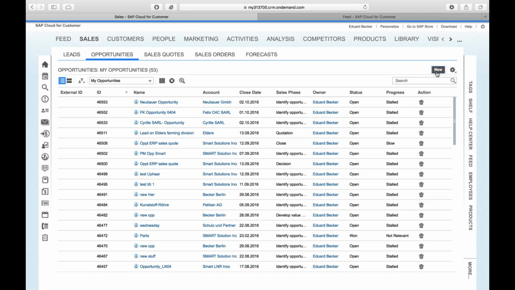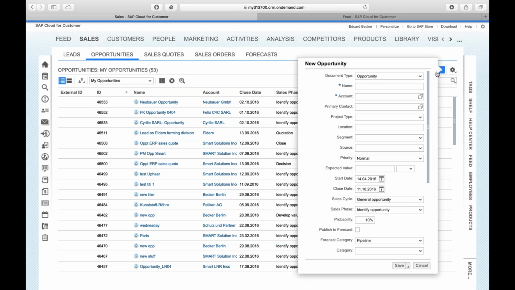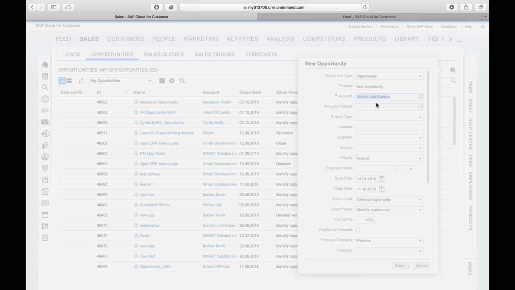So I'll quickly create a new opportunity, just to show how easy it is. Test opportunity, I'll put the account, and pay attention to the autocomplete here. I'll just start typing the account and it will automatically propose the possible accounts.